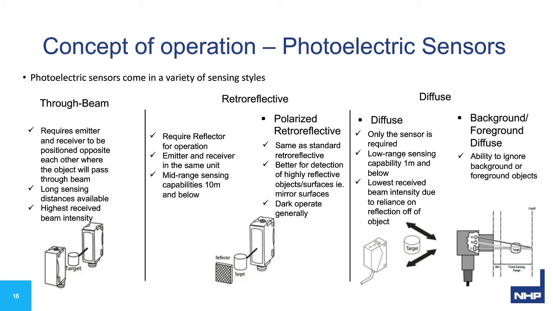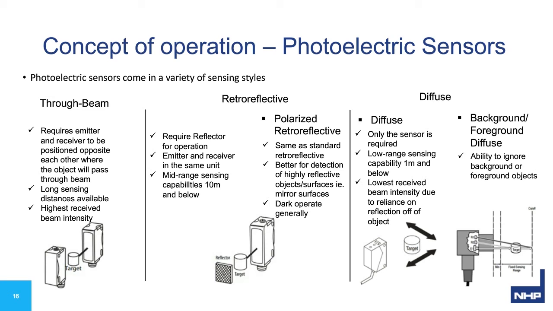So there is the standard unit, and then there is the background and or foreground suppression versions. The background and foreground suppression units can ignore reflections originating from objects behind or in front of the target location, as we'll see shortly. So let's have a look into these a bit further and see how they operate and